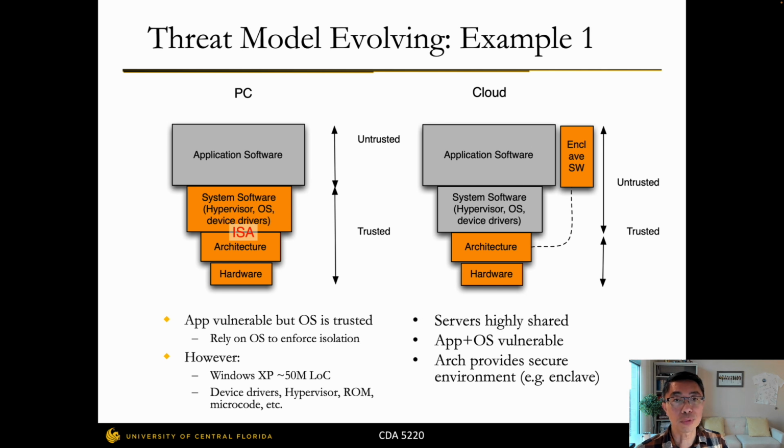Now, some of you may ask, is that sufficient? Can the architecture really be trusted? This is where we draw the line. For a secure execution environment, we will assume that the architecture can be trusted. However,